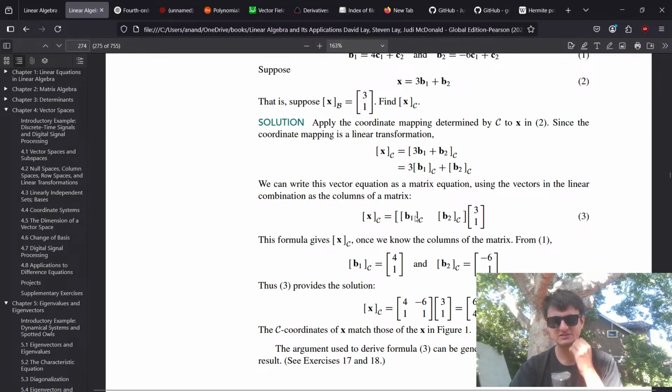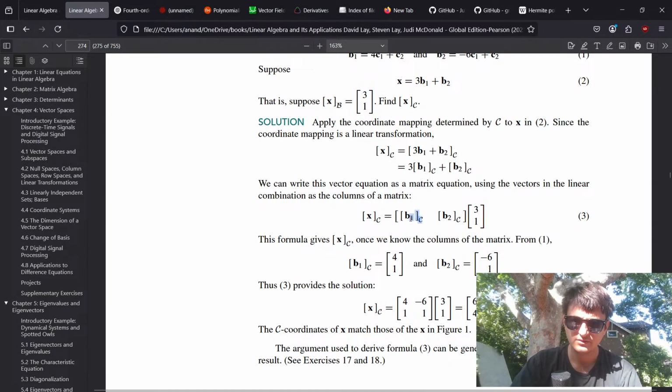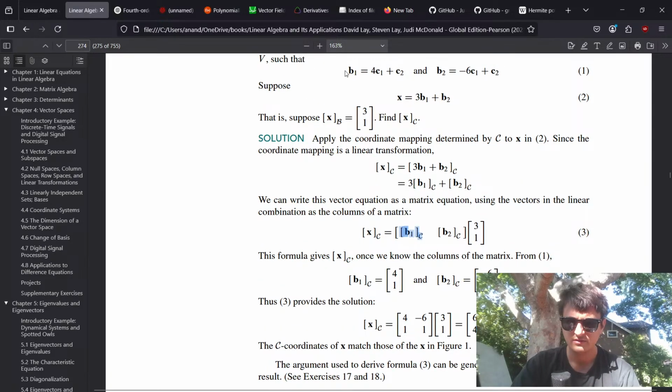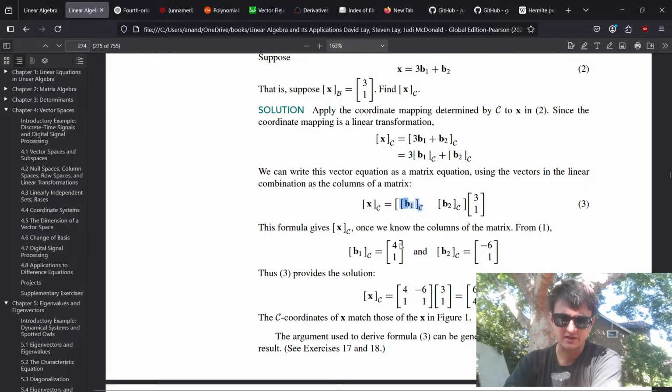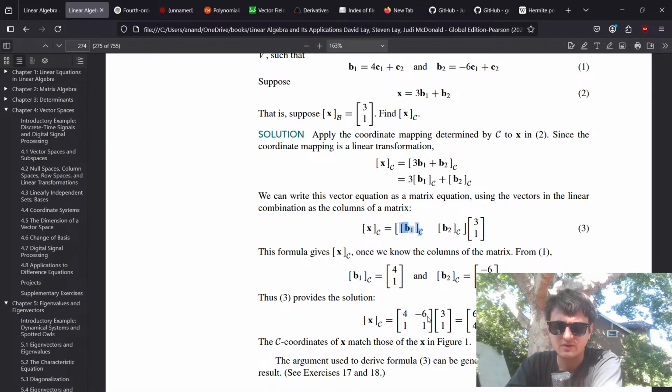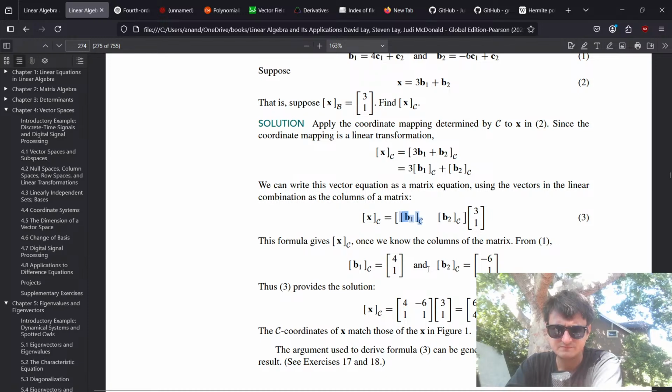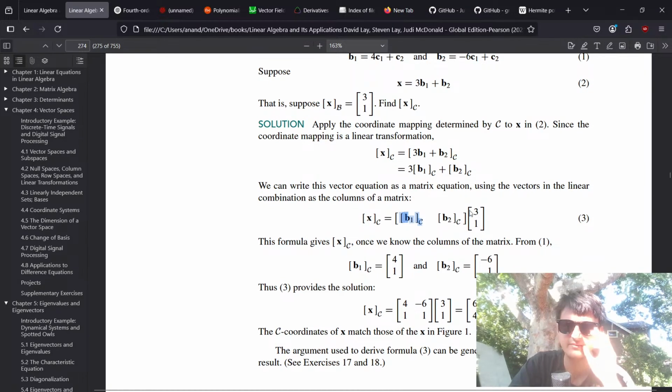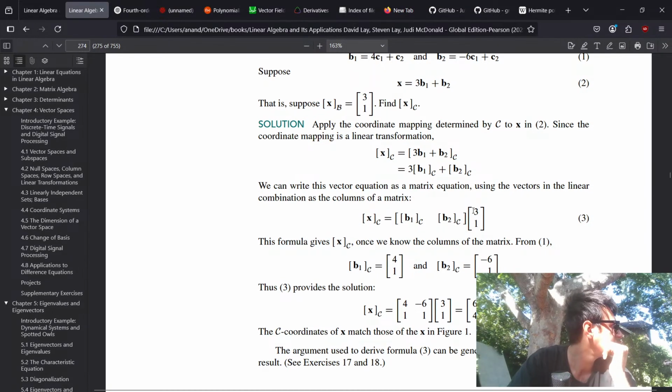See, this is where I get so confused. So what this means is how to construct b1 from the basis of c1, or from C in general. So then you get (4, 1) and (-6, 1). But I don't get why the matrix vector product gives us the